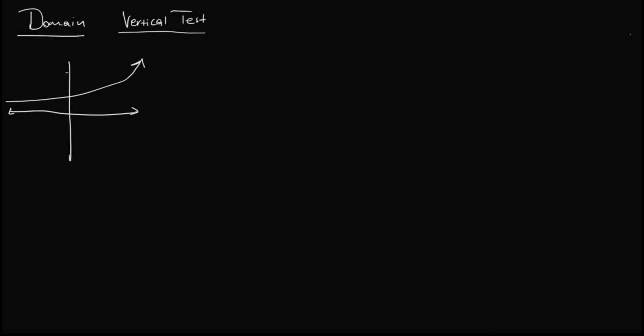For the domain, we're going to be using the vertical line test, which is quite simple. So say you have a graph looking like that. So you want to throw out the vertical